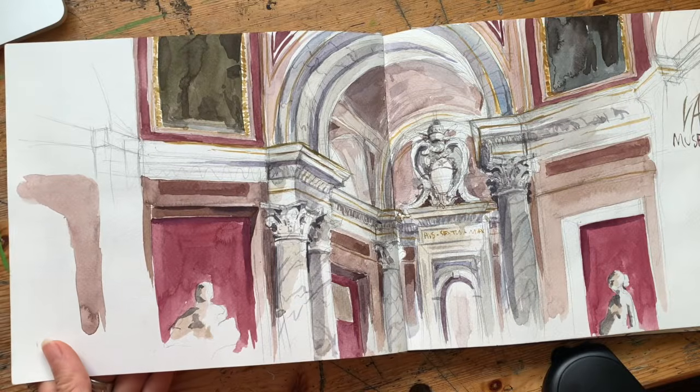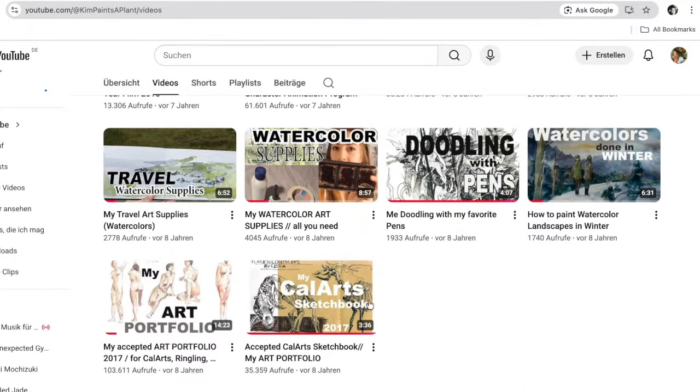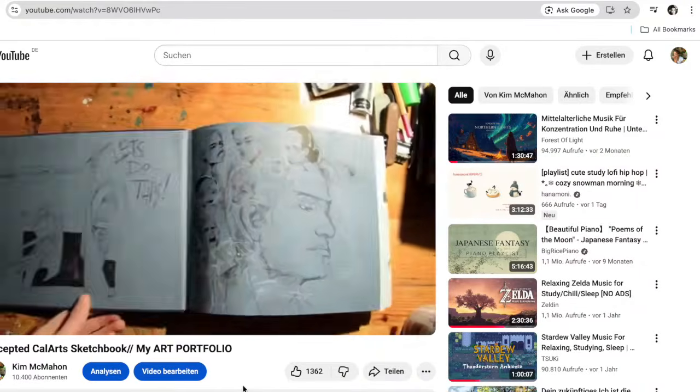Today I'd like to walk through this sketchbook that got me into one of the most competitive schools in animation out there about 8 years ago. I filmed what's in here before. That was actually my first video ever on this channel, but this time I'd like to actually narrate it